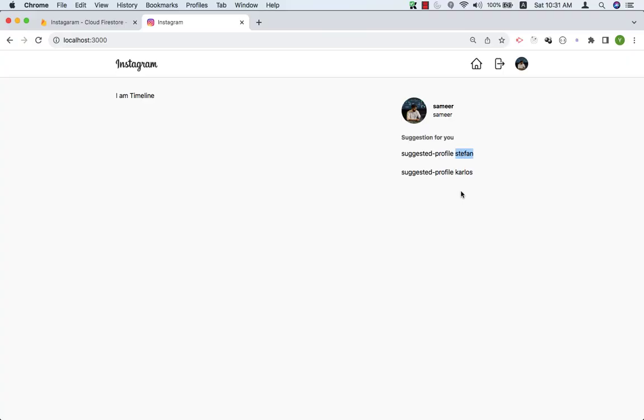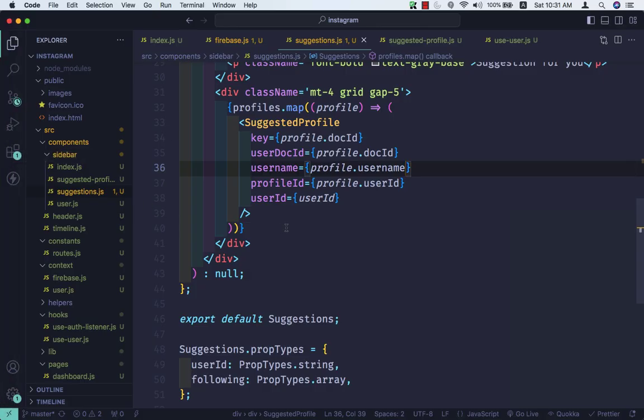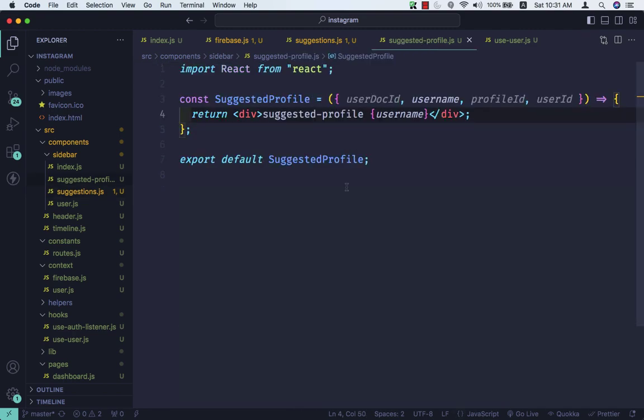So here we are getting the name of the users which we are not following. So I'm not following Stephen, I'm not following Carlos. So we are getting this. So this is perfectly correct. And now what we have to do is, now let's go back to the suggested profile page and we need